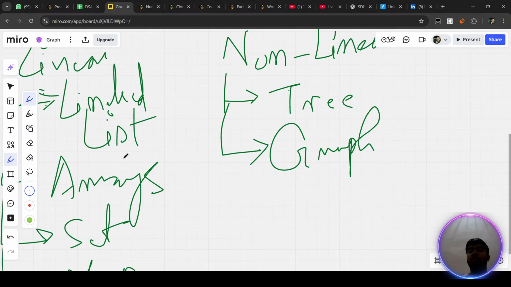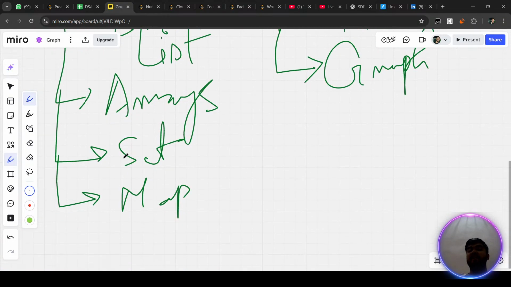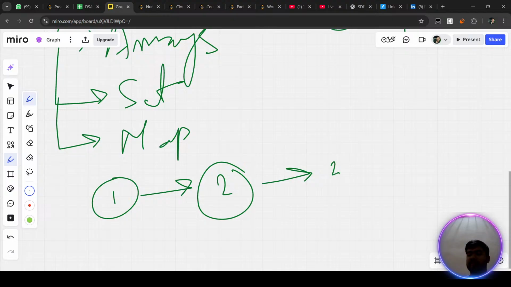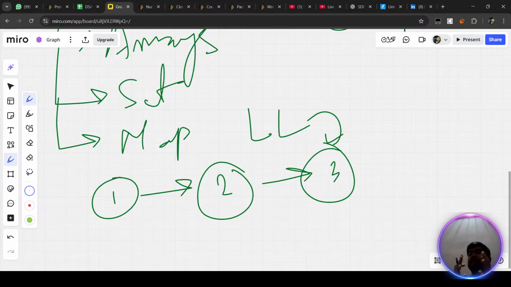Now what actually is the basic difference between linear and non-linear? Linear means, if you see the structure of a linked list, 1 connects to 2, then 2 connects to 3, so that is the structure of a very standard linked list. So it is a data structure you can represent in a single forward sequence, right? In a forward sequence, there is no branching at all,